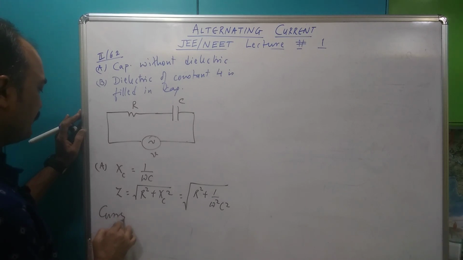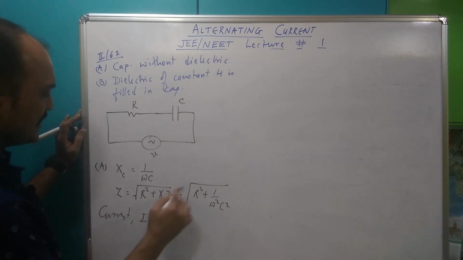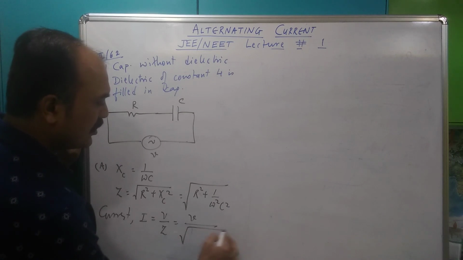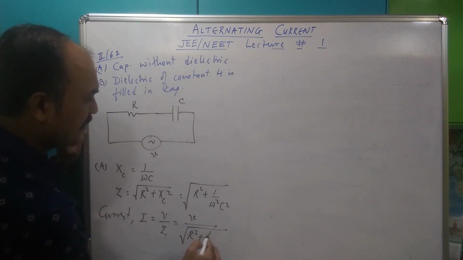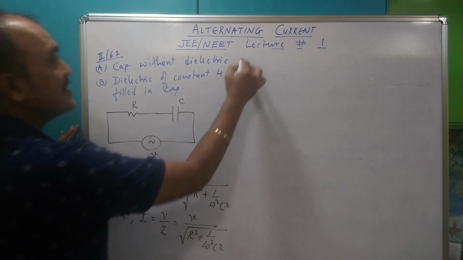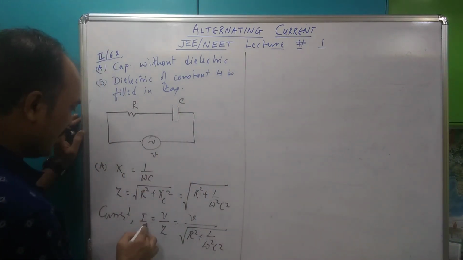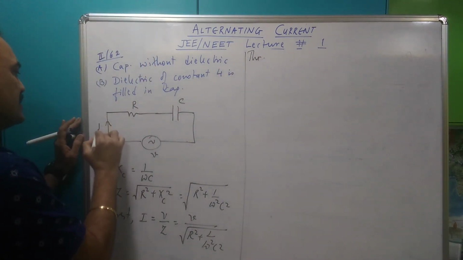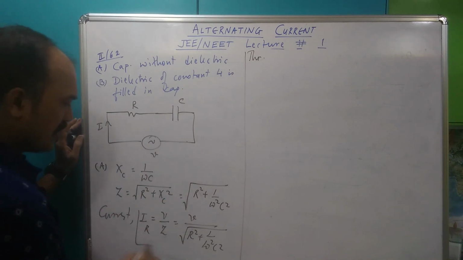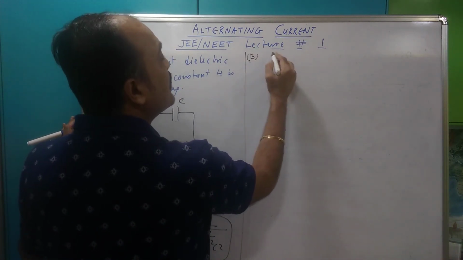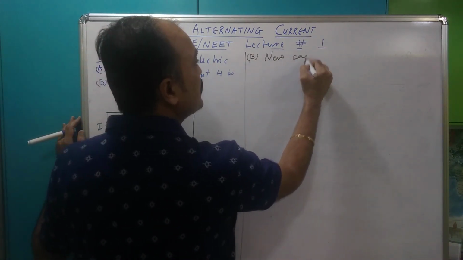So, current I, they have written it as bada I. So, it's V by Z. So, let me just write it as V by root of R square plus 1 by omega square C square. You can take the LCM also, but you don't need it actually. Second case, this is A, this is I, so the current through the resistor is going to be the same current, so this is going to be IR, no doubt, because it is series, the same resistor. Now, case B. Now, the new capacitance will change, my friend.